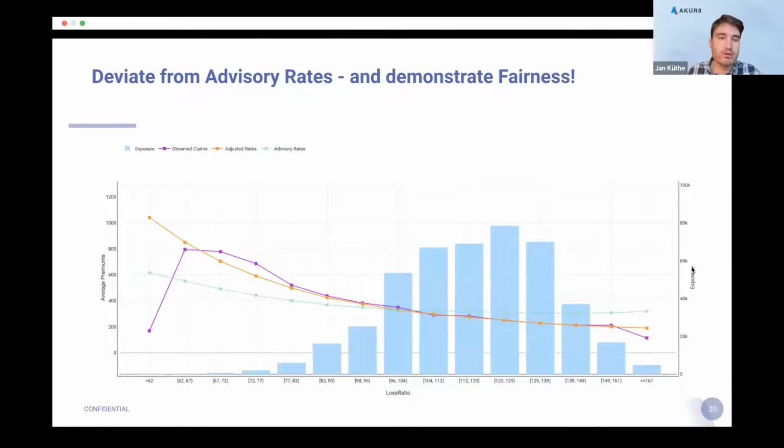I also generated a double lift to compare the appropriateness from a purely statistical standpoint. All those tools can be at your disposal when you decide to move beyond maybe the advisory rates, when you want to see what is really going on in your book.